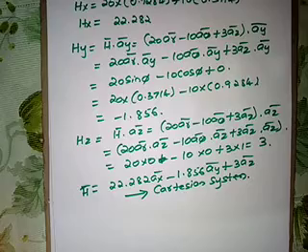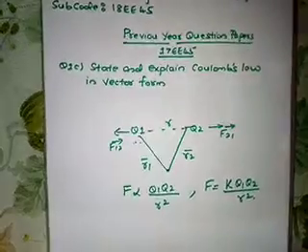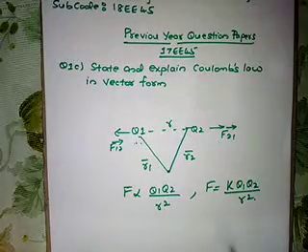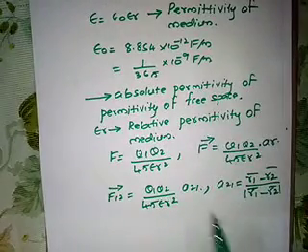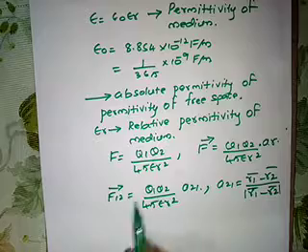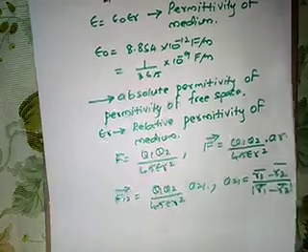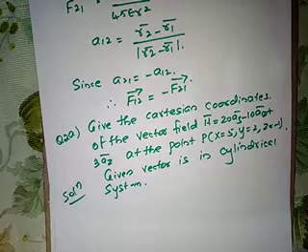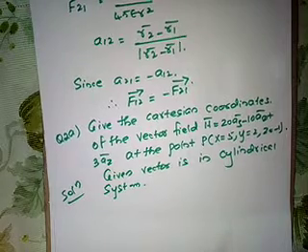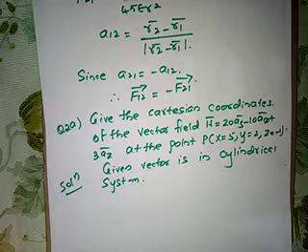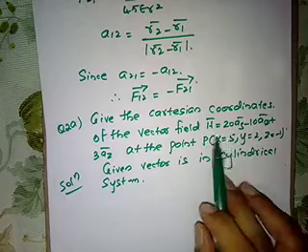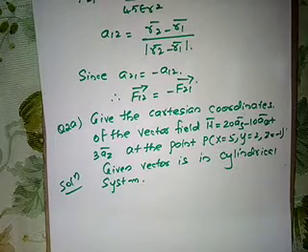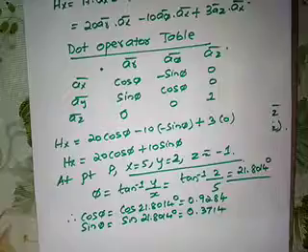So in today's class, students, we have taken up the statement of Coulomb's law, and we have defined that, and we have derived the equation for Coulomb's law, right? Statement of Coulomb's law, and we have expressed Coulomb's law in vector form. Then we have solved an example of converting the given vector field into some other coordinate system. It was given in cylindrical, and we converted it into Cartesian coordinates. Hope everybody has followed, students, right?